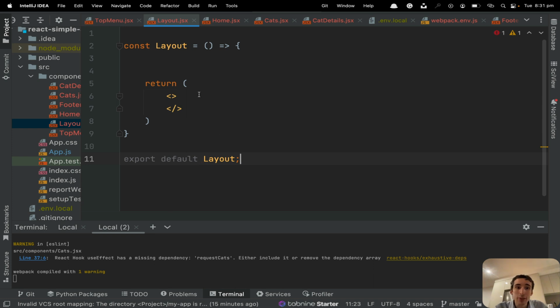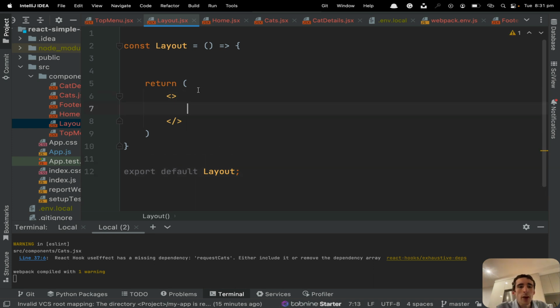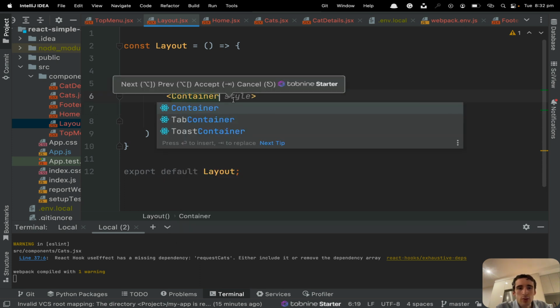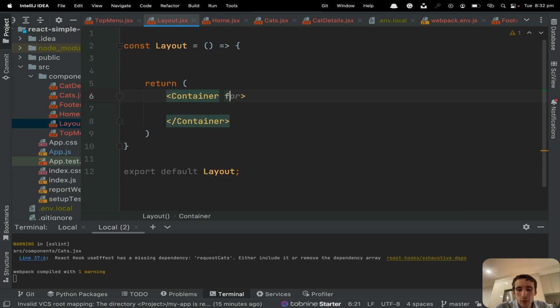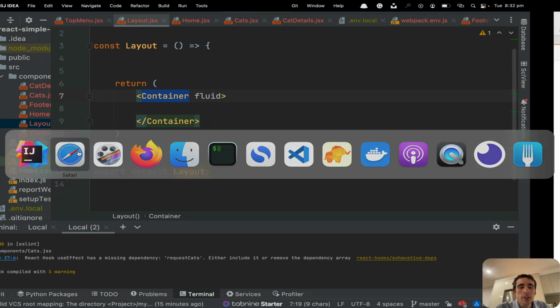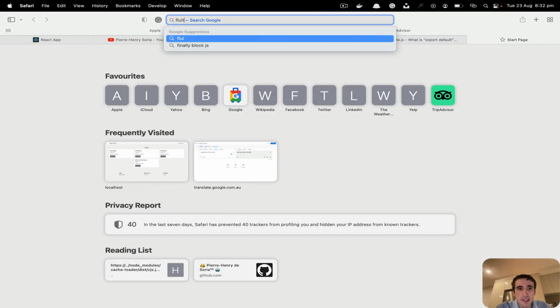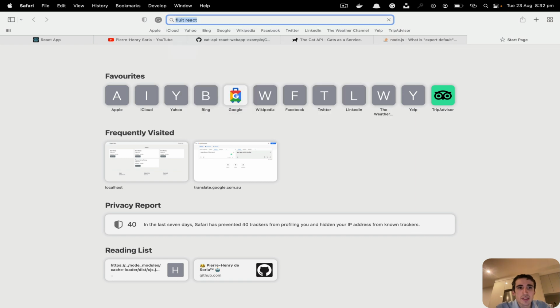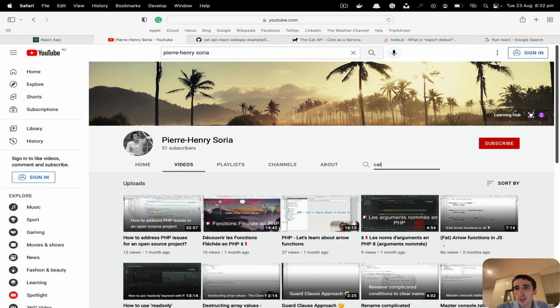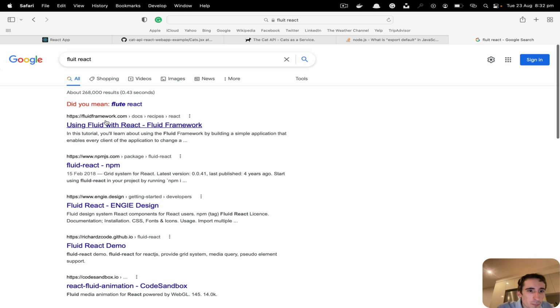So what will we have in our layout? Good question. The first thing we will have is a Container, and it will be fluid. If you know React Bootstrap, you must be familiar with this. I will close my YouTube channel for now. Using fluid is just about the CSS,